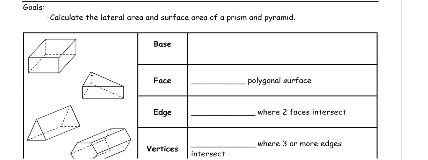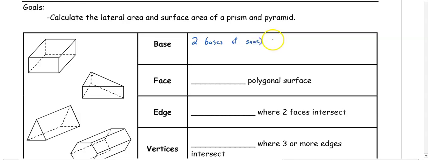This video is about calculating the lateral area and surface area of a prism and pyramid. So the first thing we have to do is go through some vocab. The first vocab is a base. So in a prism, we have two bases